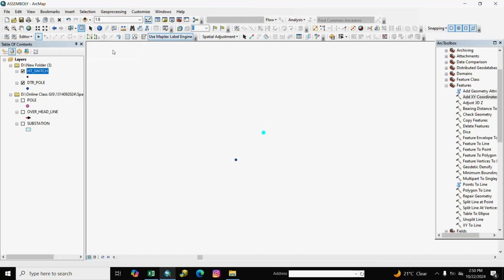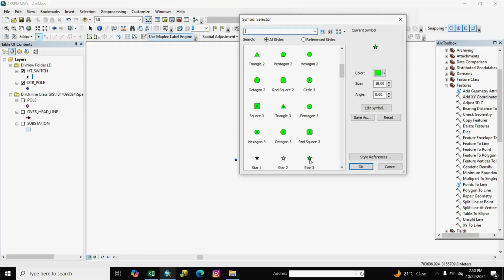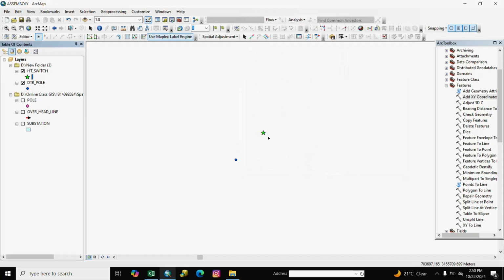point move. Here is DTR pole and here is switch. We change symbol. Here is switch, here is DTR pole and here is switch. After move, we calculate XY coordinate.